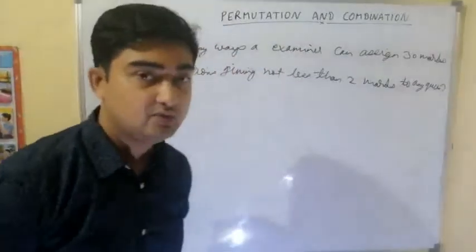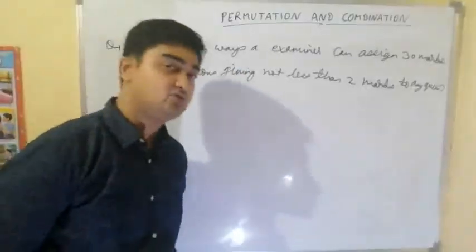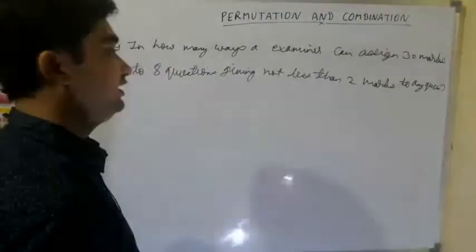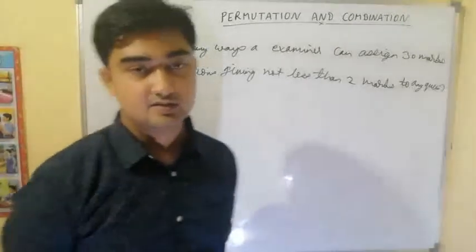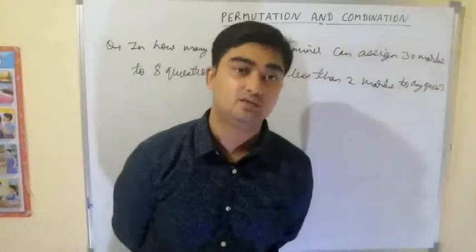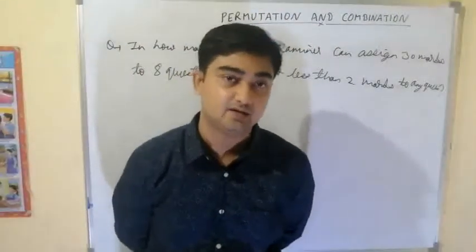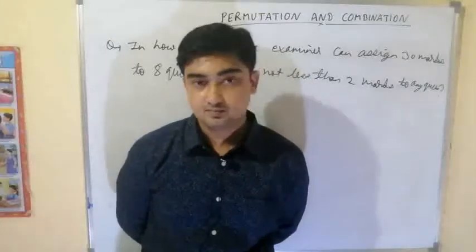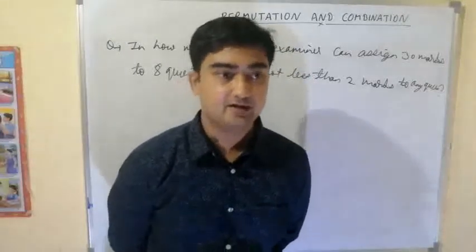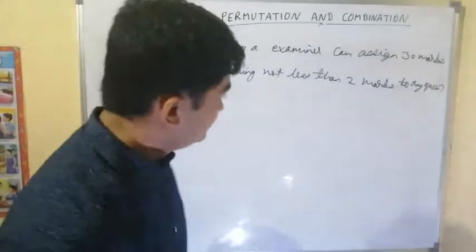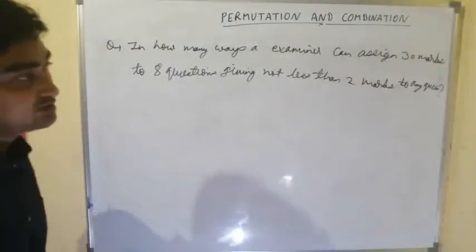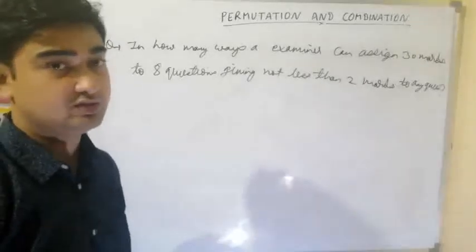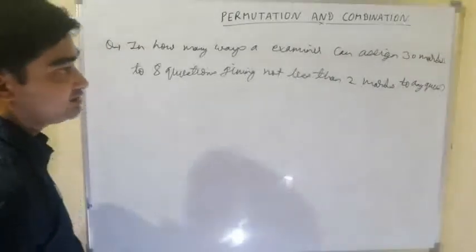That is not given in the problem, but we have to take it like that, because if we are taking marks in decimals also, the number of possibilities will become infinite. So infinite can also be the answer, but we cannot take marks in points. We have to distribute some natural numbers, more than 2 and less than 30.